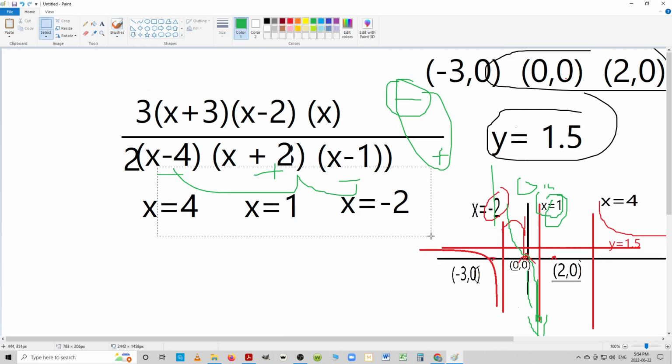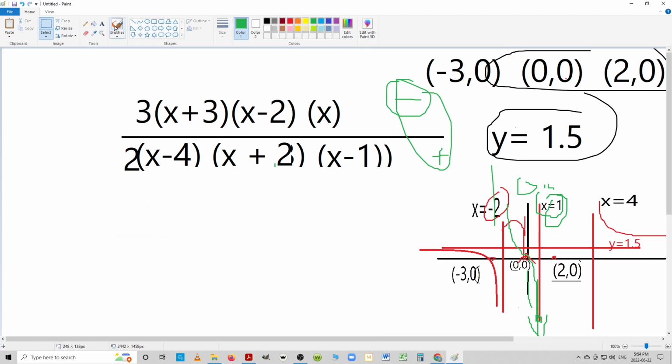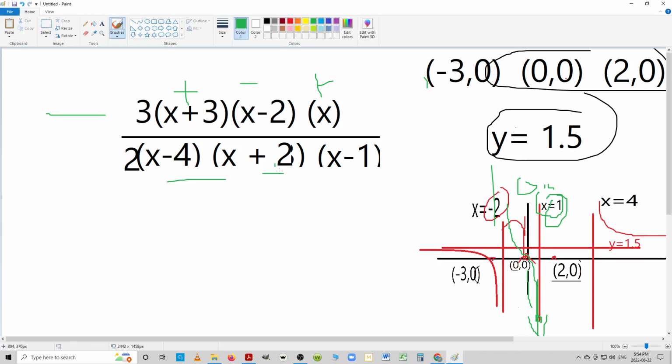We can get rid of those now. So 1.1 over here will be positive. 1.1 here will be negative. 1.1 here will be positive. So up top I get a negative again. And I should get rid of those because it's going to get confusing. So that means the top is going to be negative. And 1.1 over here is going to be negative. It's going to be positive. And right here it's going to be positive. So this bottom is going to become negative here. And a negative divided by negative is a positive, which means right to the right of this asymptote, it's going